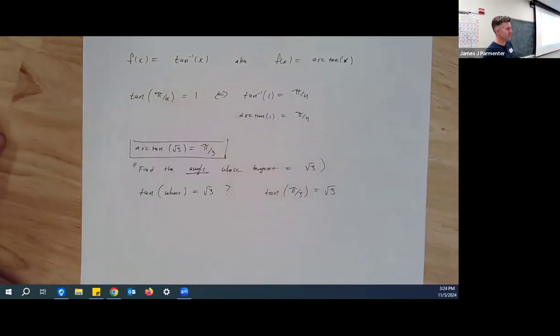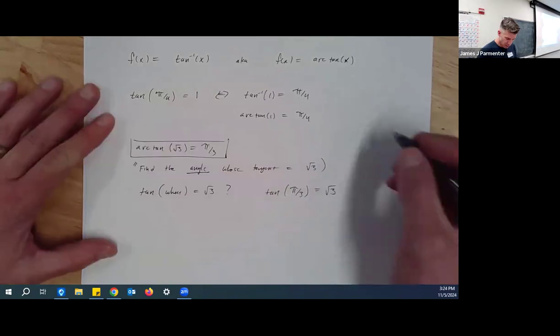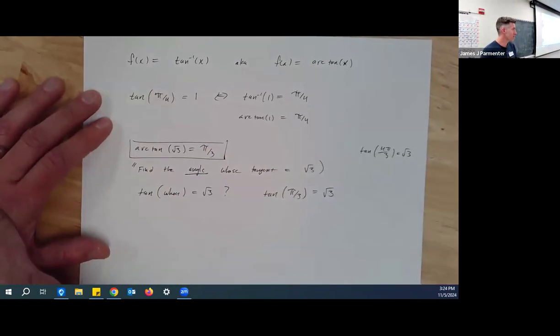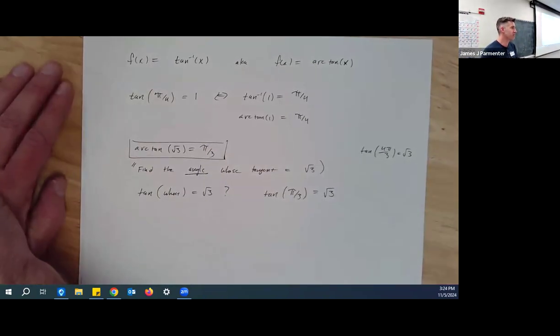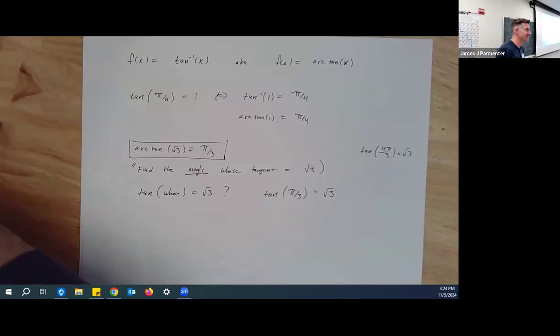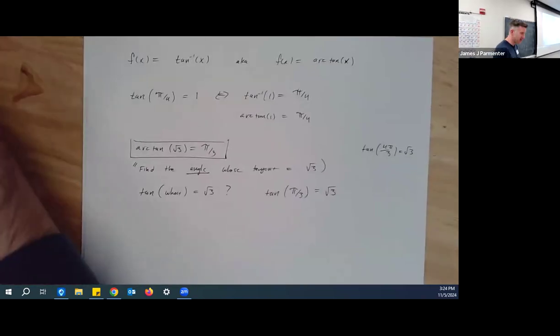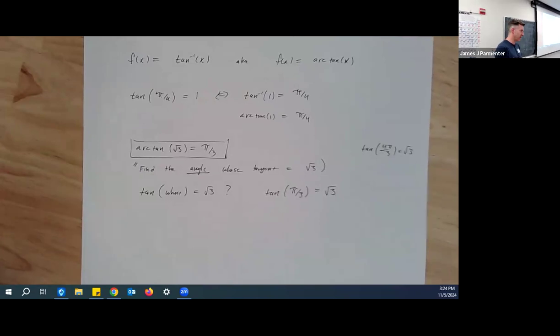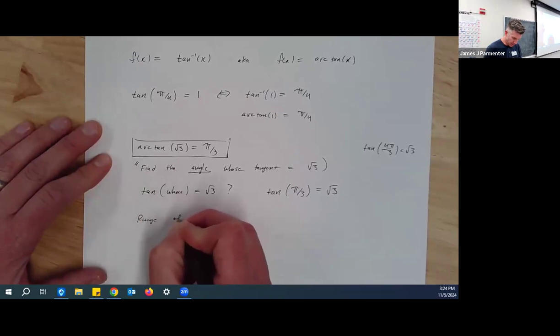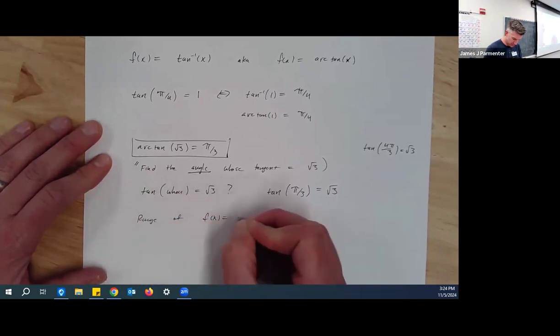Some of you might be thinking, well, James, there's actually more than one angle you could take tangent of to get root 3. And that is true. It's also true that tangent of 4 pi over 3 is equal to root 3. Well, we have a fix for that. The fix is we've all agreed as mathematicians, someone just decided, that the angles have to be between negative pi over 2 and pi over 2. So the range of the arctangent function